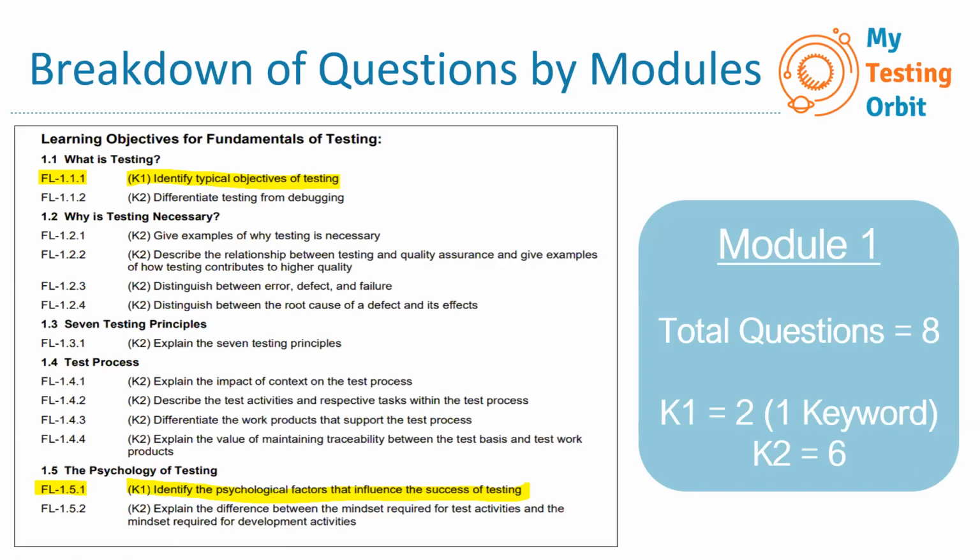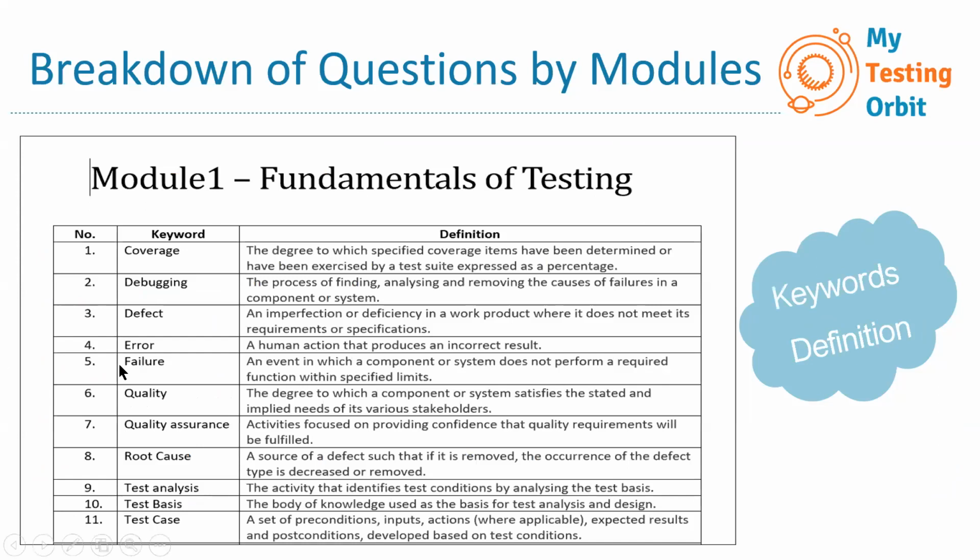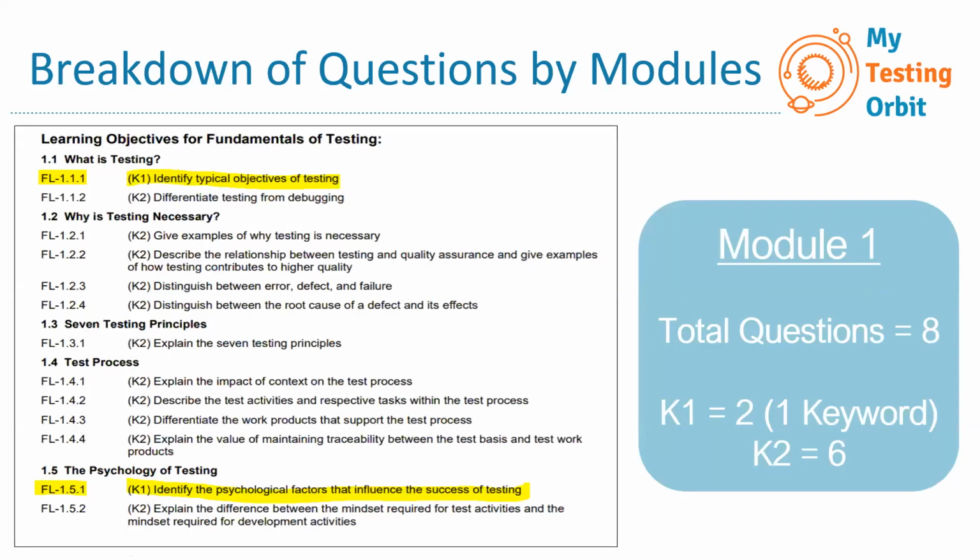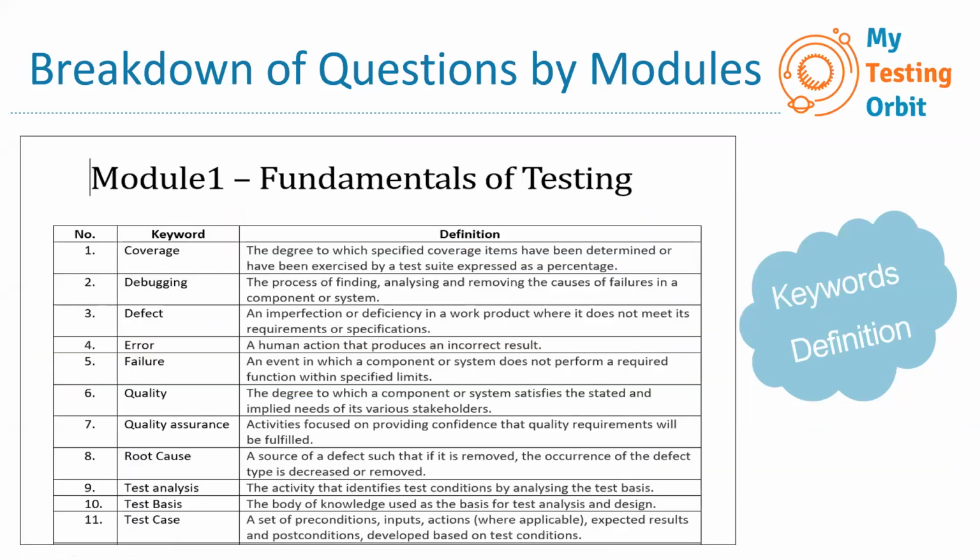I'll just give you a screenshot of that. So this is how it will look. Here will be the keywords from, let's say, module 1, and there will be definitions. In that document, I have added the definitions of all the keywords from all the modules, but only from module 1 and module 2 are we guaranteed that one question each will be coming around the definition of a keyword. So for example, in module 1, there will be 2 questions from K1, and one will be a keyword, which means that one question for sure will be about the definition of any of the keywords. In the screenshot, I'm just showing 11, but